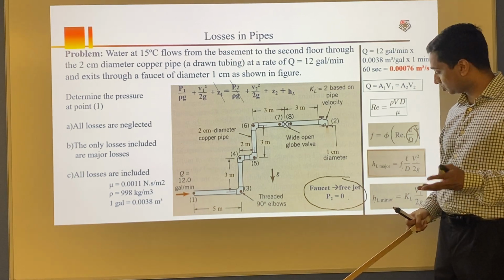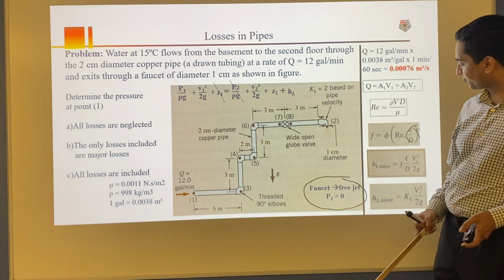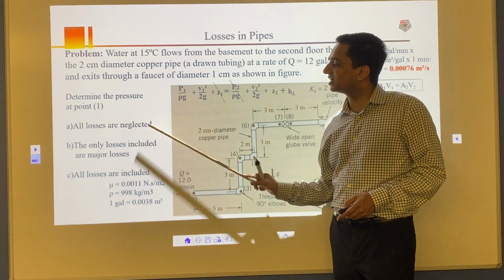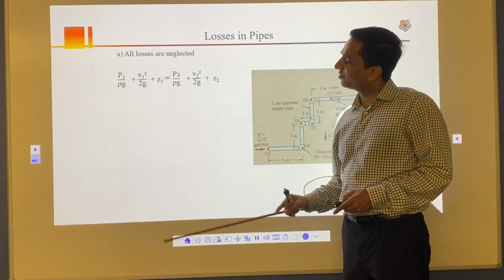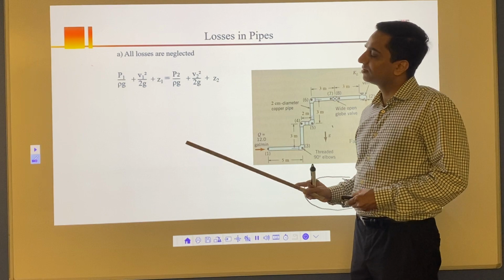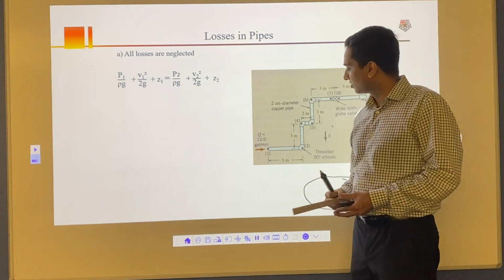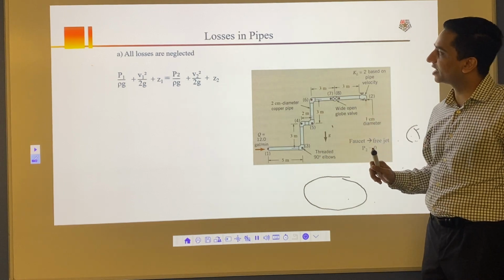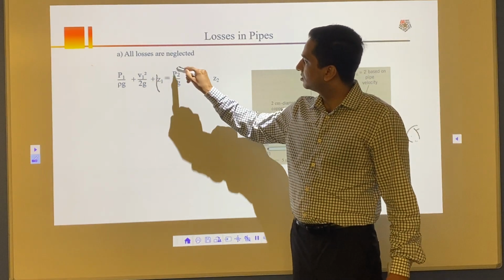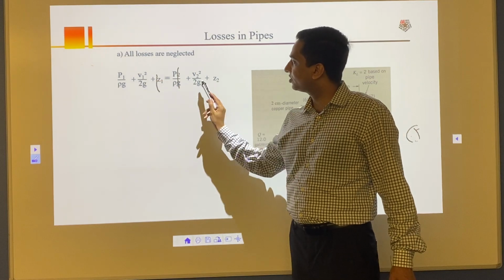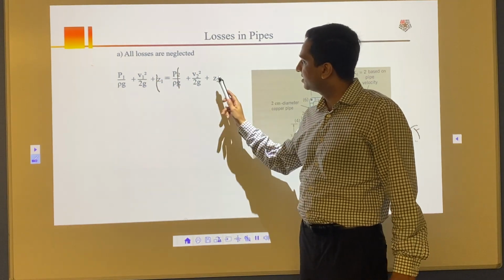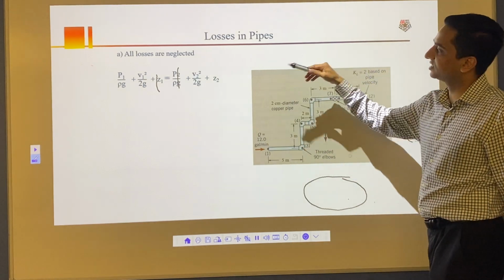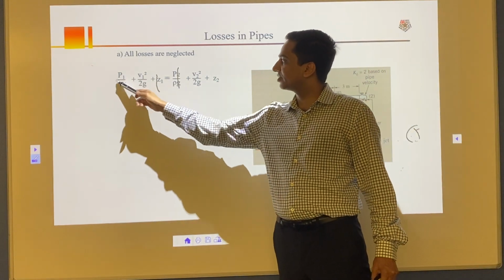Okay, so I assume that you paused the video. Now I'm going to continue with this problem. Let's solve the first part, where all losses are neglected. We are not going to consider head loss. So our water is flowing here, here, here, and directly coming out. Z1 is 0, P2 is 0. V1, V2, I assume that you have calculated. Z2 is 6 meters, because here 3 plus 3 is the height in the Y direction. You put that in and you can get the value of P1.